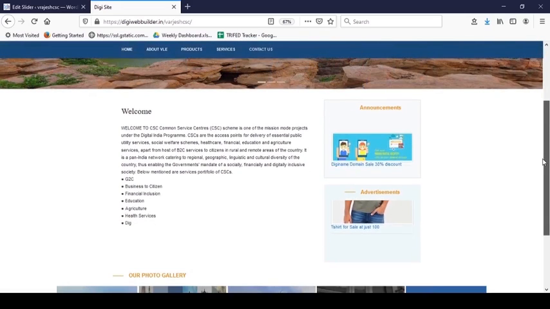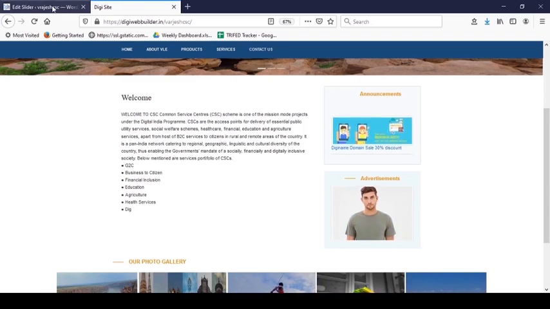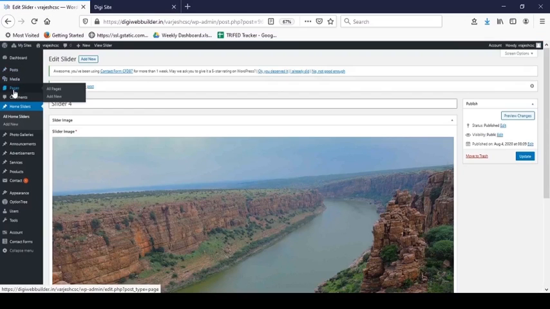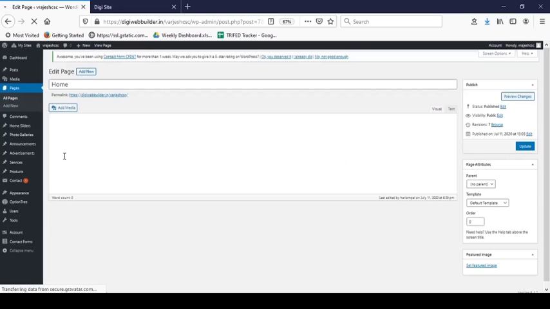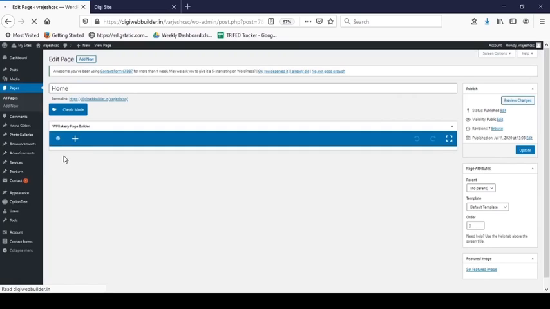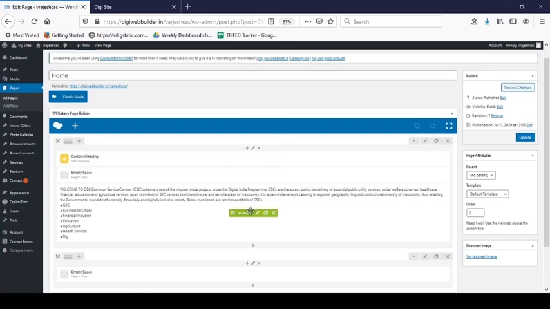Now we will see how to edit this content. To edit this content, go to the Pages section, Home page, Edit. Click on Edit Text Block.